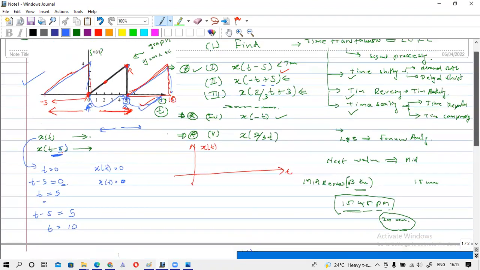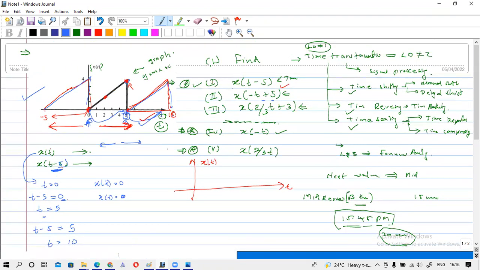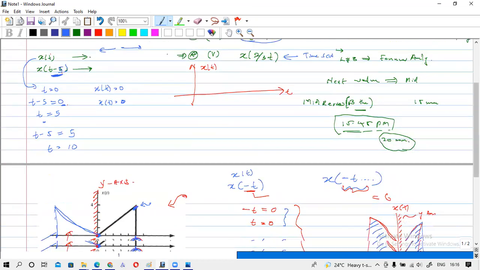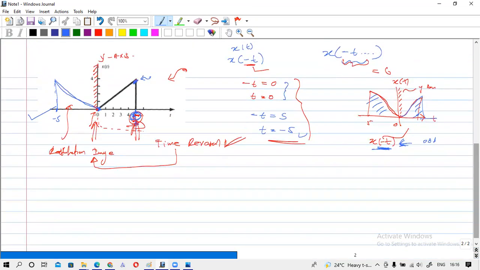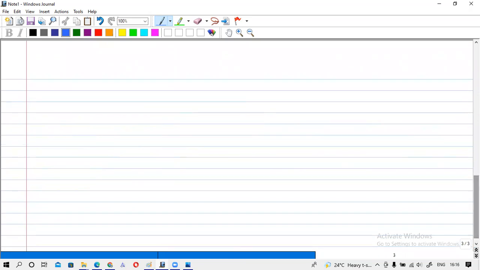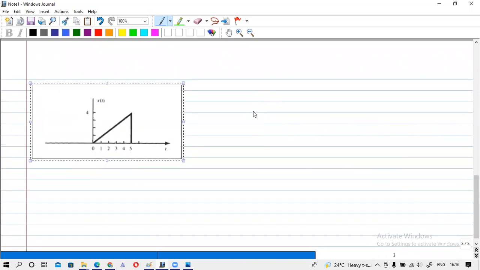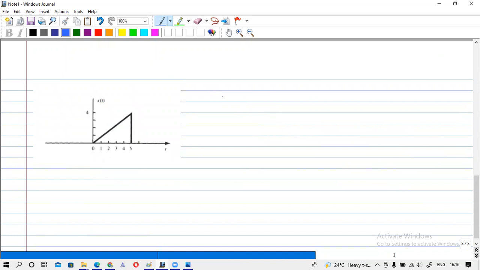So we will have to evaluate this one. I hope you get the idea about this. You can do this, and this one also we will do. So this is time shifting, and this is time reversal. So this will be time scaling. We will see what happens. I will get a new page, and we will have the signal again. And you have to find